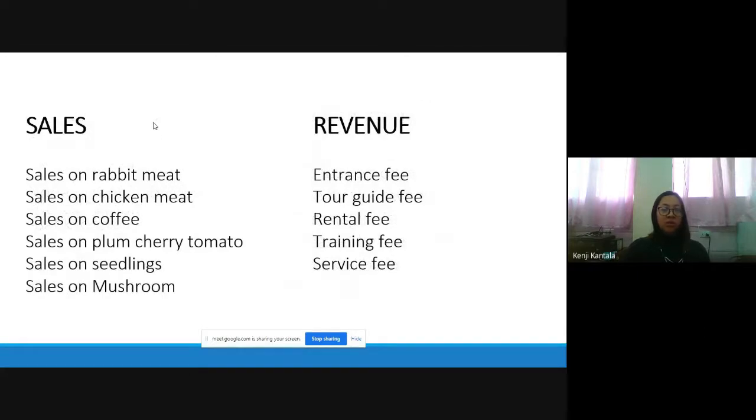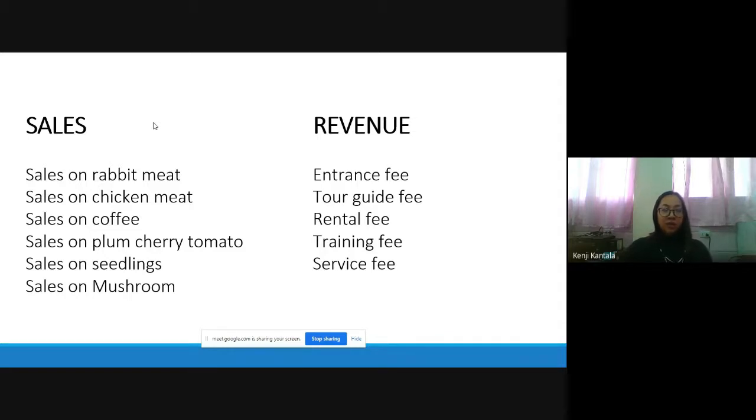Okay, so sabi natin yung equity, these are increased by profit and decreased by losses. So, paano natin na-derive yung profits natin? We have two accounts involved. So, we have your sales and your cost of sales. So, kapag involved ang inventories, ang mga physical products, we pertain to those as your sales. So, we have sales on rabbit meat, for example, sales on coffee, sales on your ano ba yung mga usual na products ninyo. So actually these are more on agricultural products.